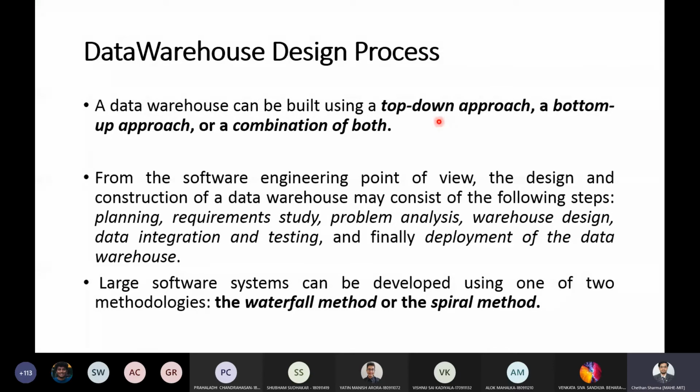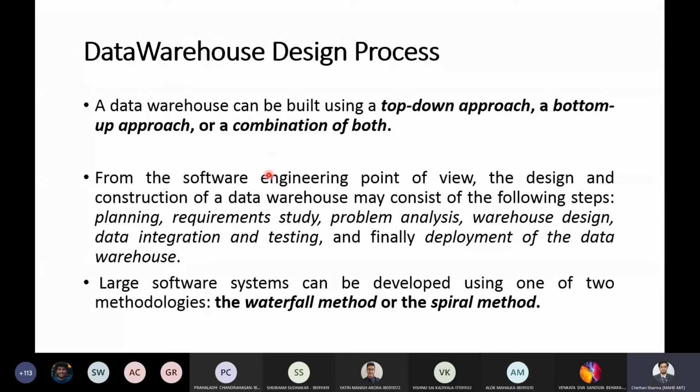It wants both the planned and strategic nature of top-down, and it also wants to retain the implementation and opportunistic application of bottom-up. If an organization wants both, then the combination is recommended. Okay.